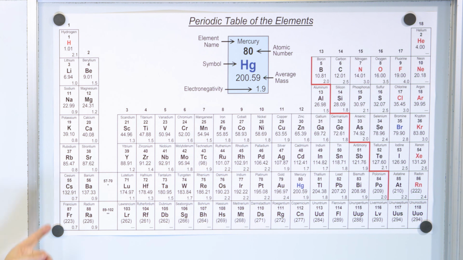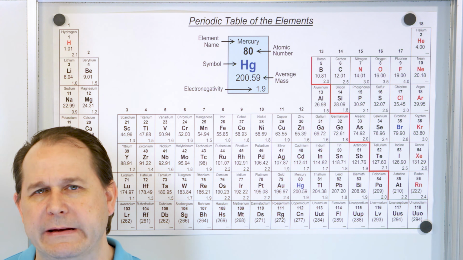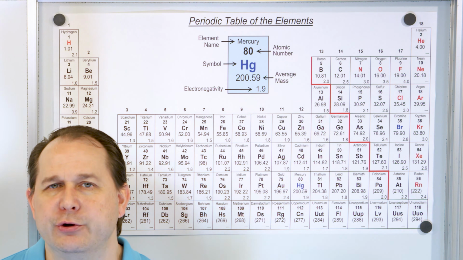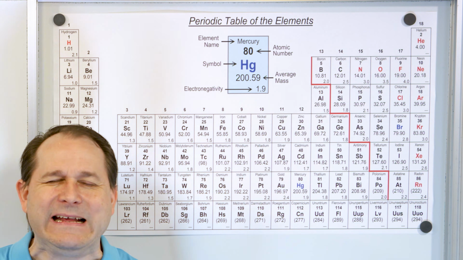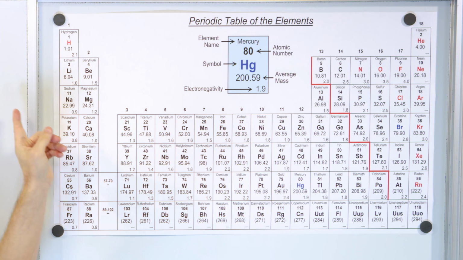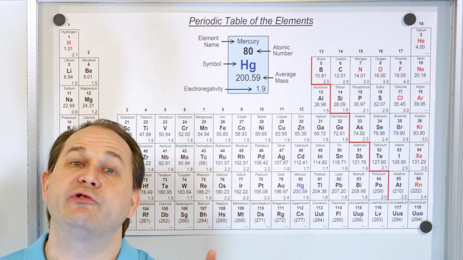So what do we have? Periodic table of the elements. Everything you know about in the universe, everything you've ever encountered, the air you breathe, the wood that you burn for warmth, the metal that your car is made of, computer chips, anything that you can possibly think of made of matter is made up of one or more of these elements on the periodic table, which are bonded together